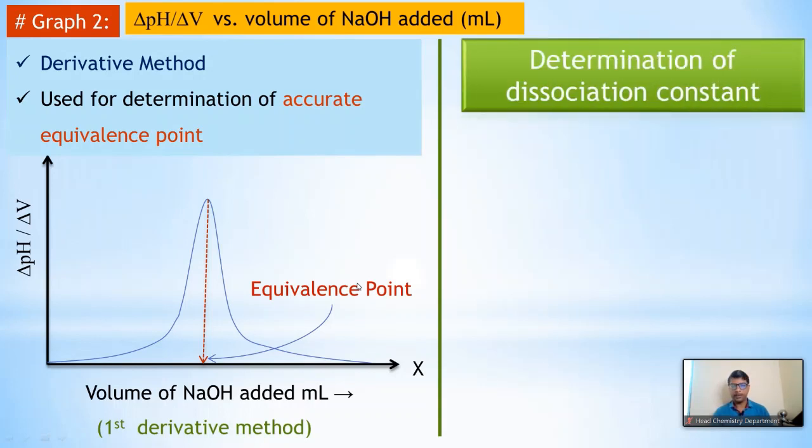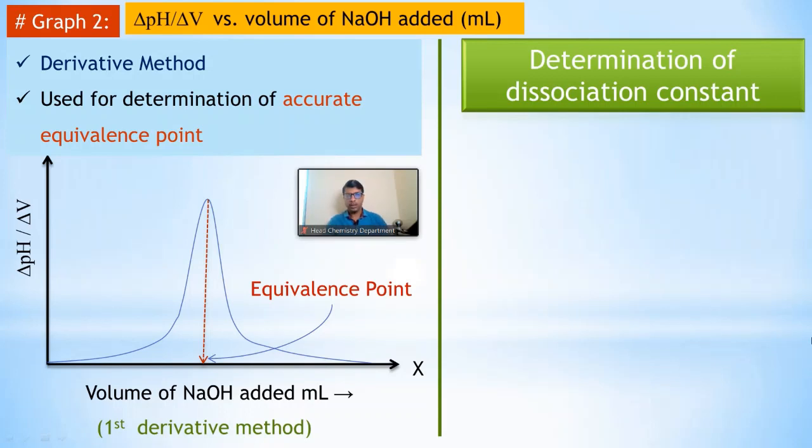Now we are moving towards the next part, determination of dissociation constant by using the graphs of the pH metric titration of weak acid versus base. This titration method is used for determination of dissociation constant of monobasic acid, dibasic acid, etc. It is the best method for determination of dissociation constant of any acid. Here I am going to discuss only the monobasic acid, because we use acetic acid, which is a monobasic acid.